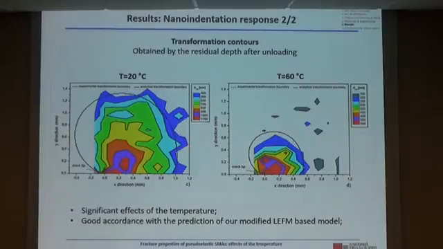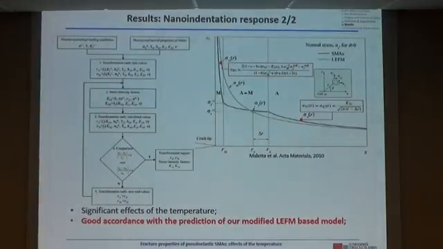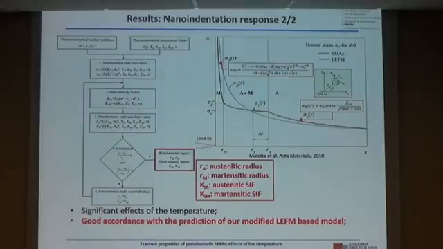When increasing the temperature, the transformation zone decreases due to the Clausius-Clapeyron relation, and there is also good agreement with the predictions of our model, which is just a very quick piece of information. The model is based on the modified Irwin's correction of linear elastic fracture mechanics, and is able to predict both the stress distribution in the austenitic and martensitic regions, the transformation contours, namely martensitic radius and